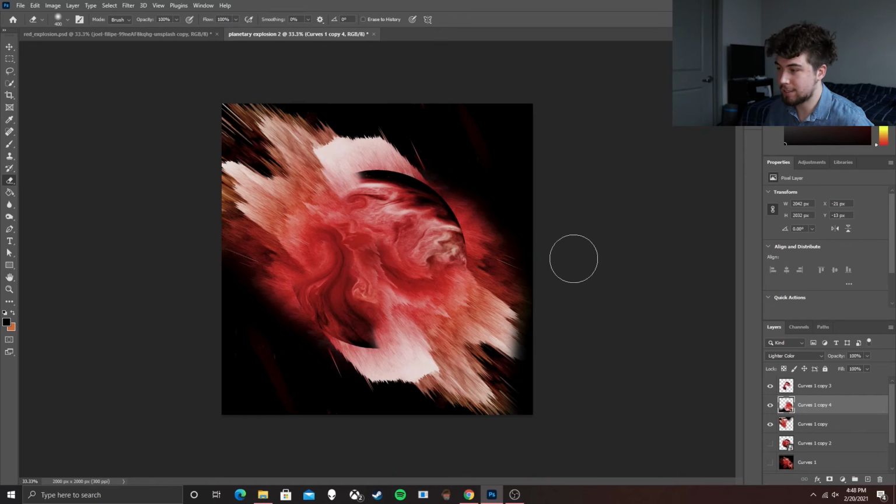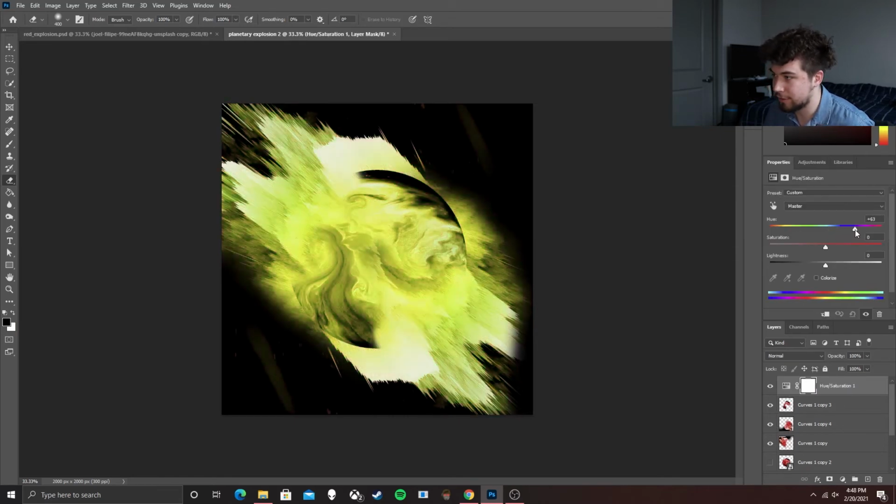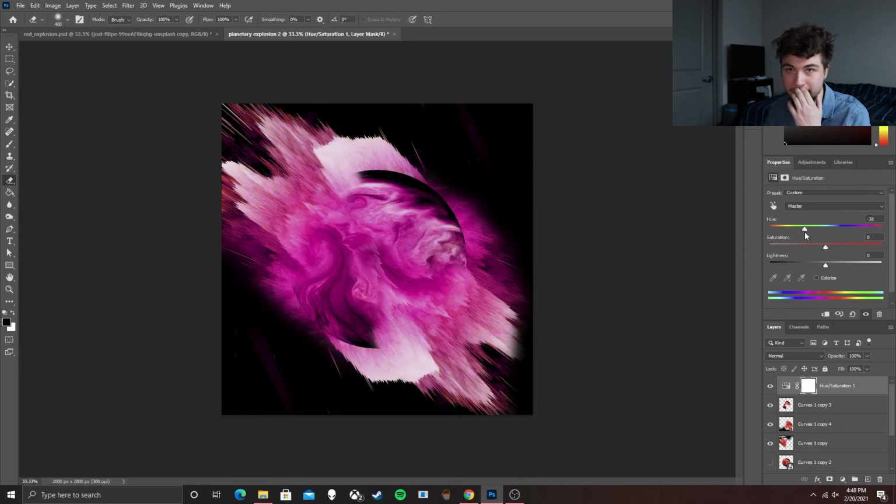All right, and once you're satisfied with that, it's just a matter of making those little adjustments wherever you see fit. If you've decided you don't like these colors anymore, you can open up the hue and saturation, mess around with that to maybe get some different colors that you